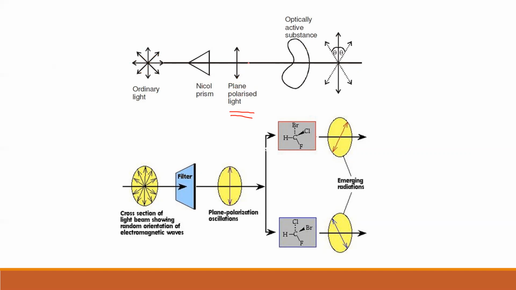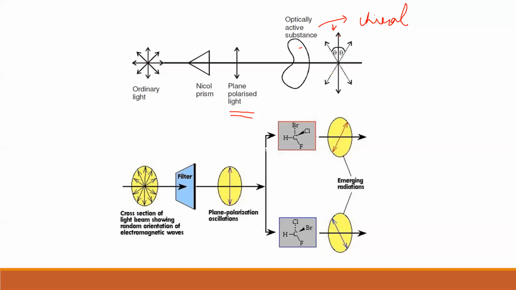Now when this light is made to pass through an optically active substance. Now who is an optically active substance? Somebody which should have a chiral carbon. Now, who is a chiral carbon? A carbon which is attached to 4 different atoms or groups. So, when this light is made to pass through this particular compound, the plane can be rotated to the right, as shown here. Whatever I've shown in the arrow mark here was the original plane.